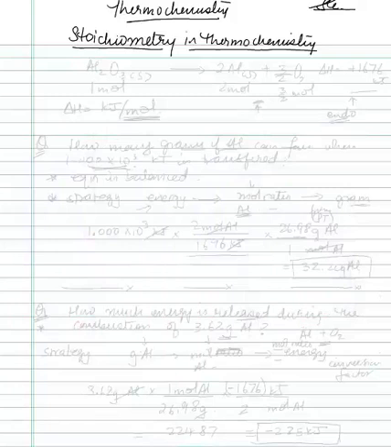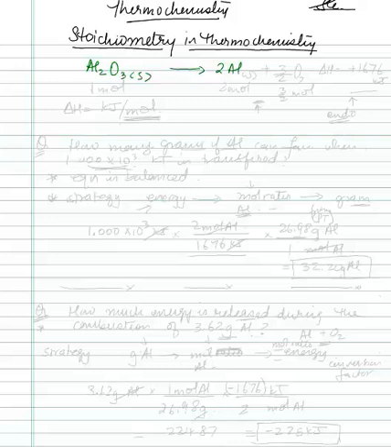Stoichiometry in thermochemistry. As you've been seeing, all reactions are represented as equations. For example, aluminum oxide solid gives us 2 aluminum solid plus 3/2 (1.5) oxygen, and the delta H value, the enthalpy for this, is plus 1676 kilojoules. So you can calculate the amounts of energy released when you have a certain gram value